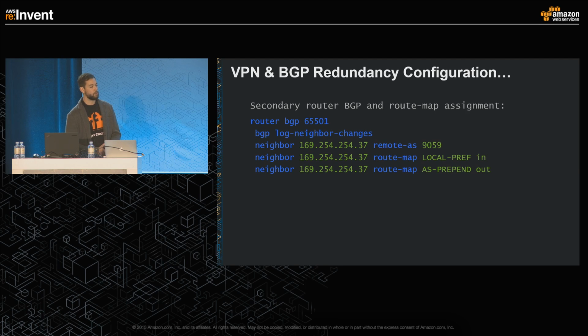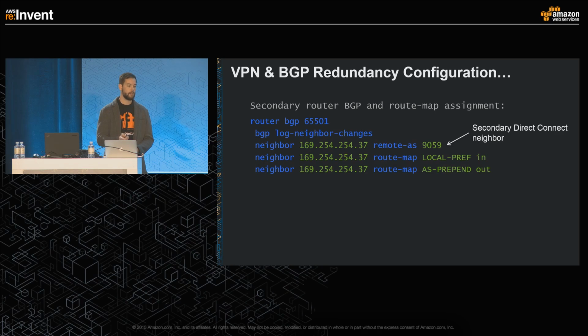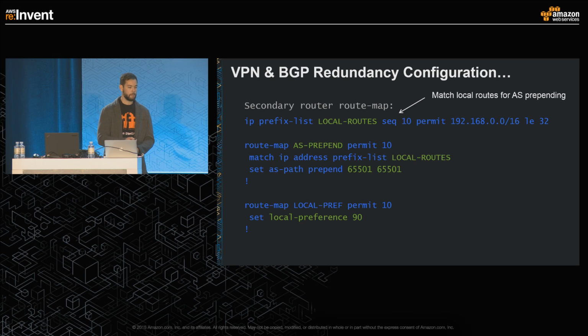So here what we're actually doing, outbound towards our second direct connect, so .37, which is our other direct connect neighbor, we've got local preference in and AS path prepending out. They're 2 what are called route maps. Now, the route maps themselves actually look like this. So we've got a prefix list here that is tagged on my local LAN address again, so 192.168.0.0/16. So I'm matching that address,